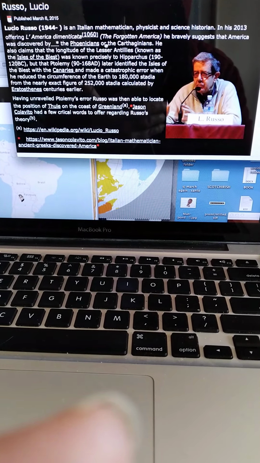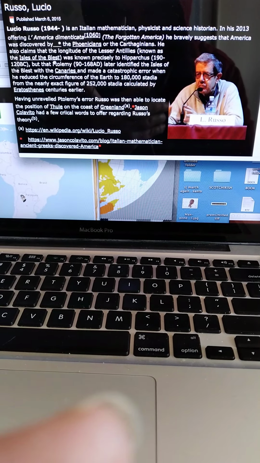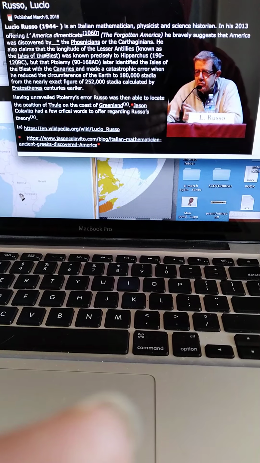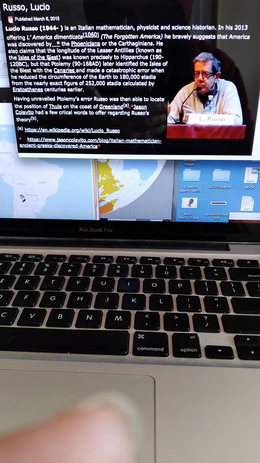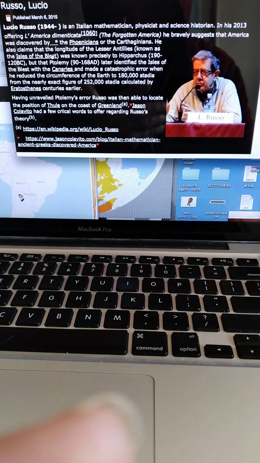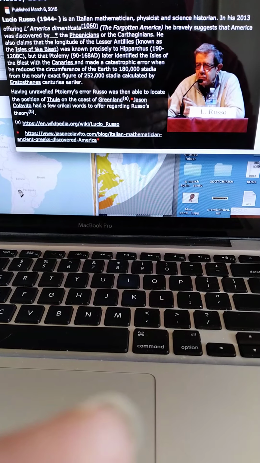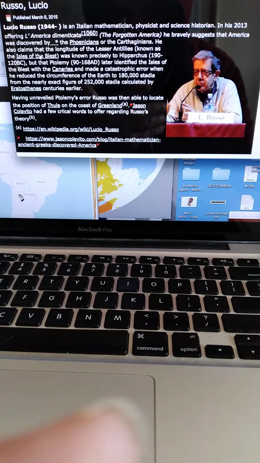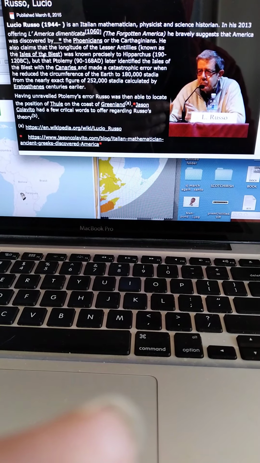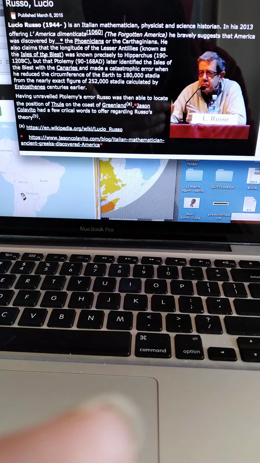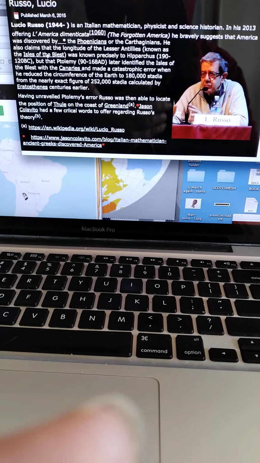He knew from earlier people that the Islands of the Blessed were 12 equinoctial hours or 180 longitudinal degrees from eastern China. But because he got confused about what the Islands of the Blessed were, or there's a chance that he deliberately confused the matter to throw off the hoi polloi,